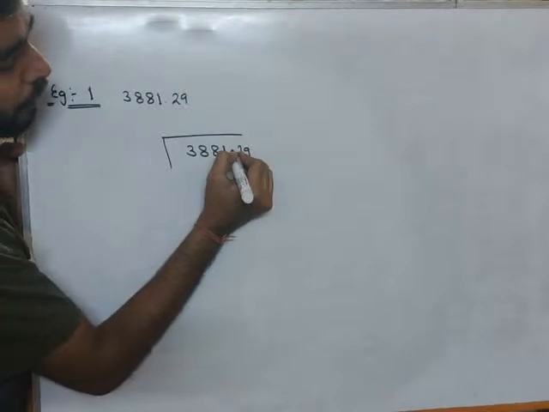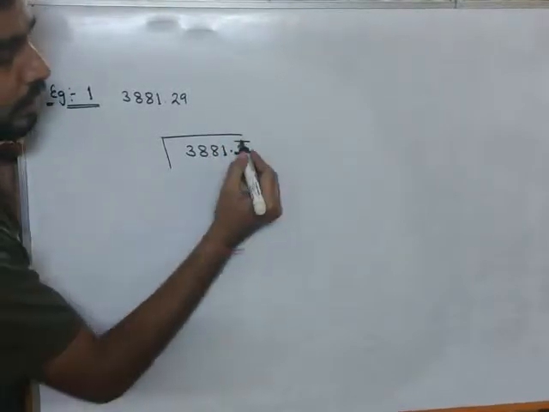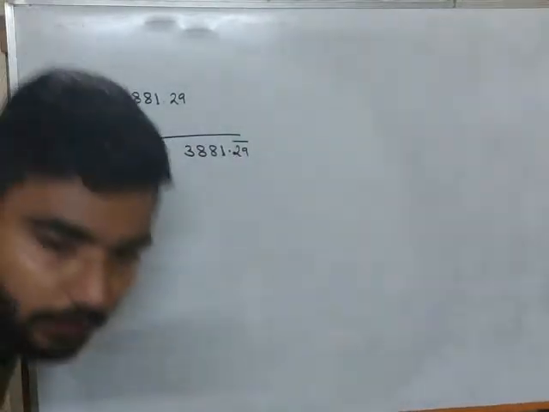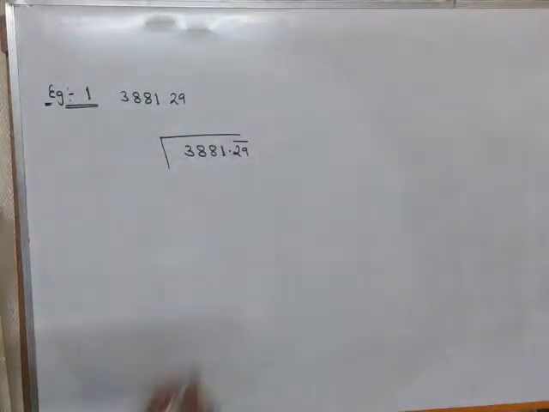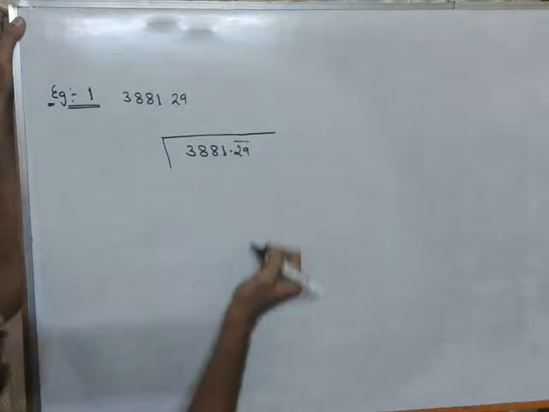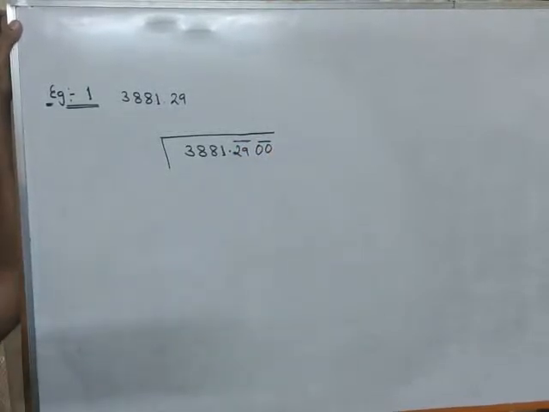Yesterday I told you. So after the decimal, pairing is done like this, because after the decimal we can add zeros at the end. Because if I want to write zeros, I can write zeros at the end and can make a pair. But